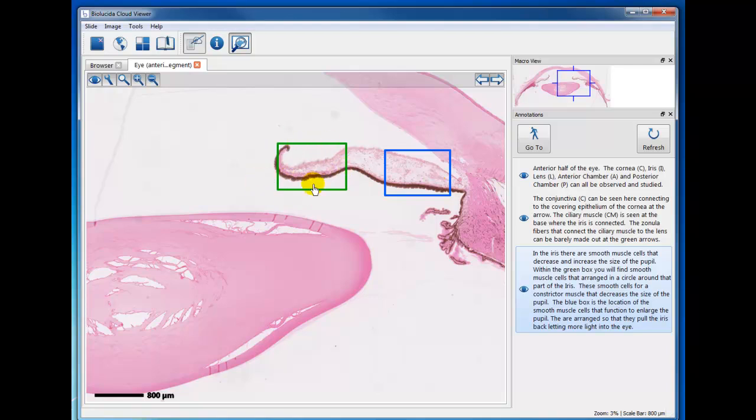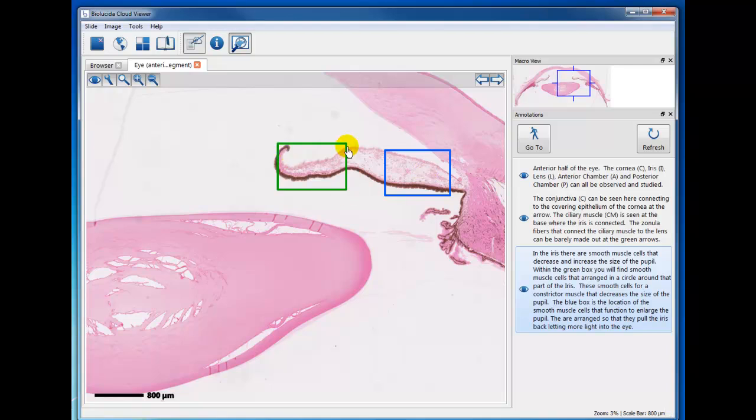This is where the concentric oriented smooth muscle fibers are located that go around the iris at the edge, and when they contract, that actually constricts the pupil. So it makes the iris come in and close the pupil so that you have less light coming in. And back here you will find longitudinal sections of smooth muscle cells, and these are the ones that pull the iris back and make